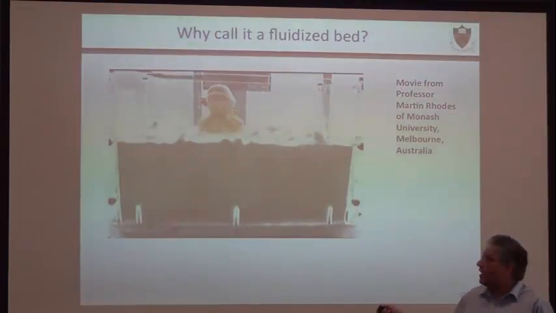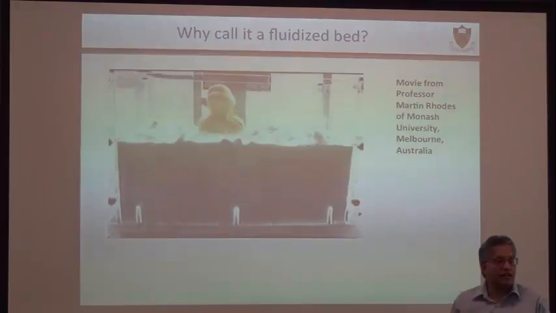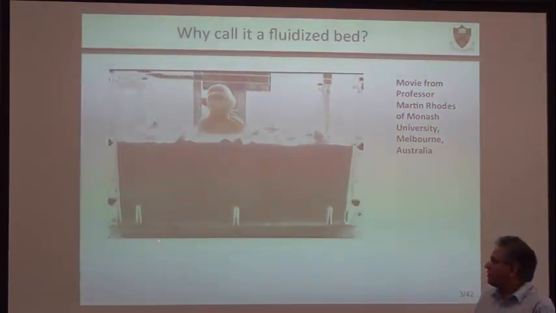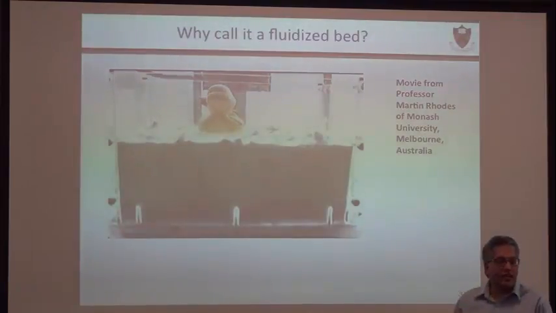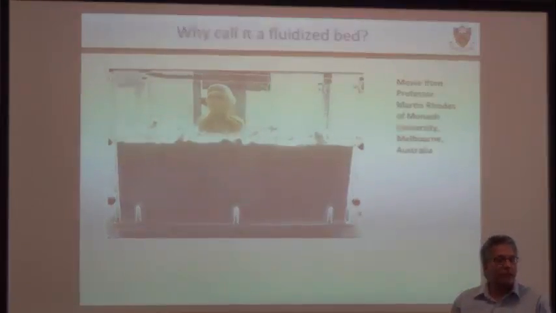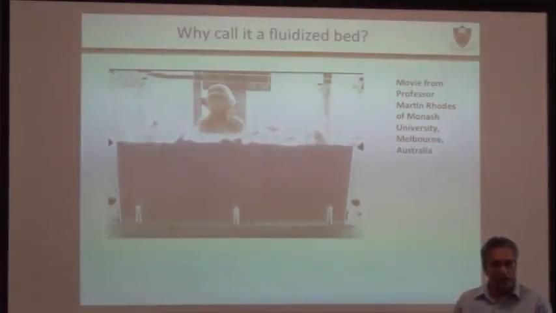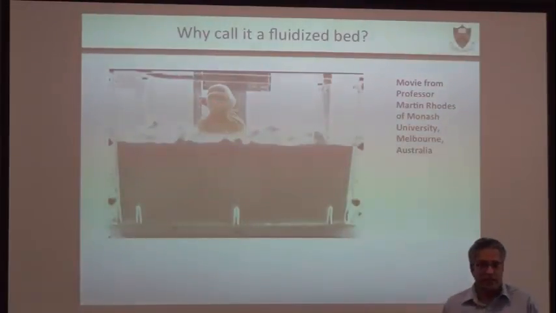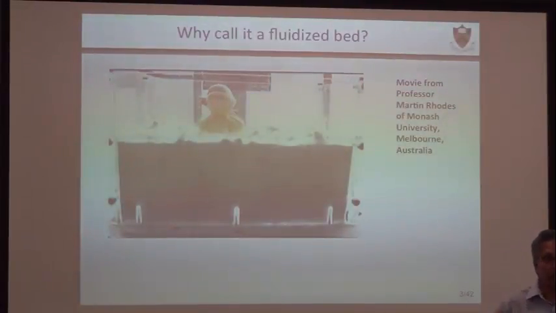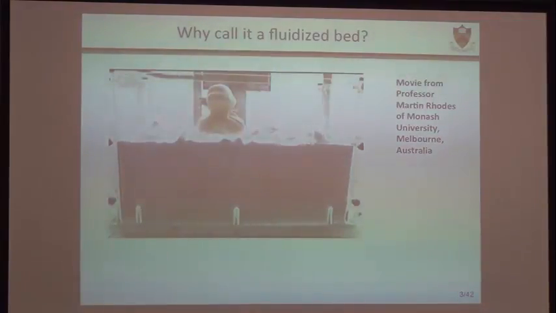And so it was able to keep the rubber duck under, even though it had a lower density than the sand. And once you start putting some air through, the sand suspension began to behave like a liquid whose density is higher than that of the rubber duck. And so the rubber duck was able to ride the sand and begin to behave like a fluid. That's what we mean by fluidization.